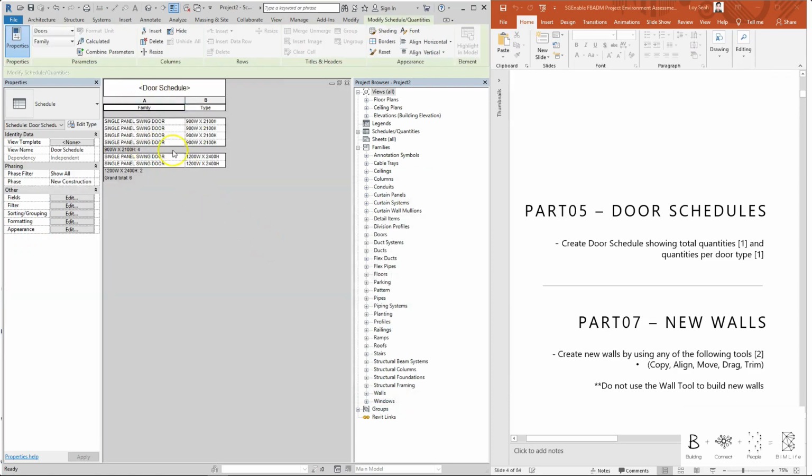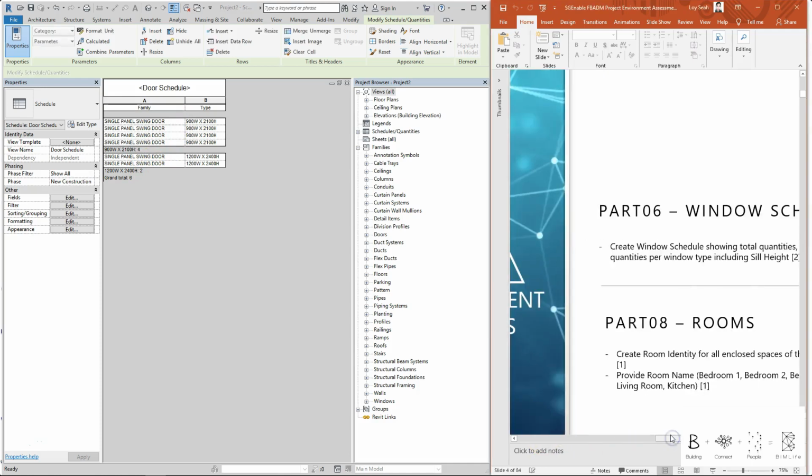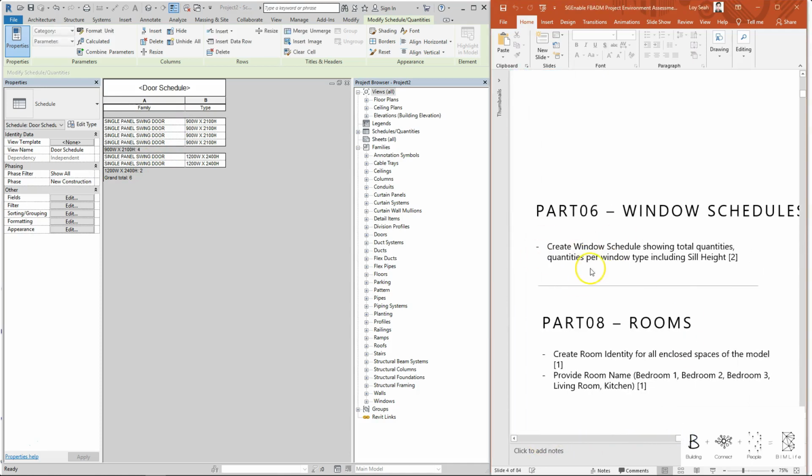So there you go, you should see you have a total of 6 doors and 2 different kinds of doors. And within each type of door, you will see 4 of a smaller size door and 2 of a larger size door. So that is for part number 5. And part number 6 is pretty similar, except that for Windows schedule, you need to add the seal height parameter